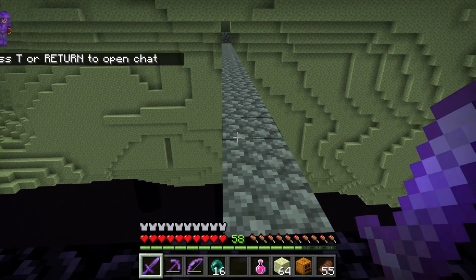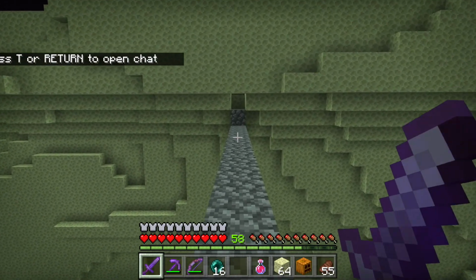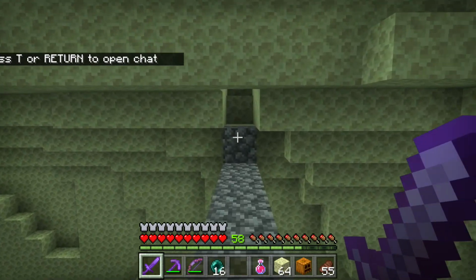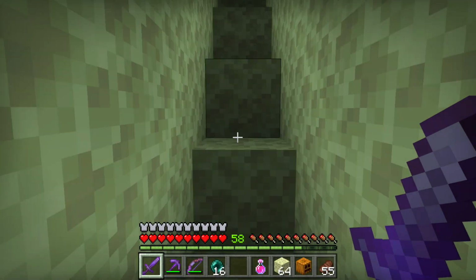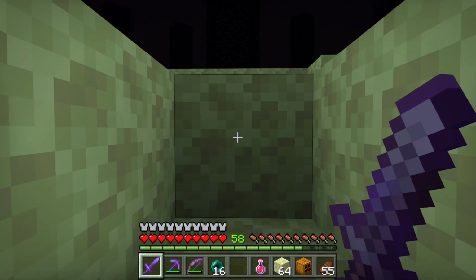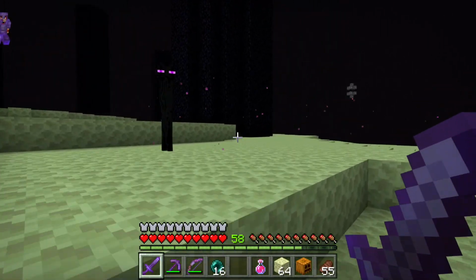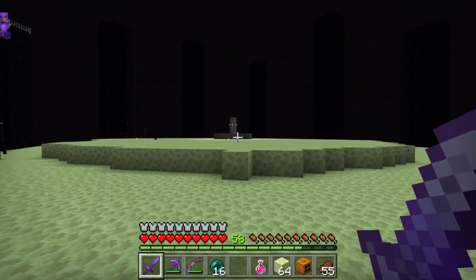And we end up back on our little thing here. Let's try not to fall off the edge. This is the most stressful part of the game, because I can't emphasize enough that falling is absolutely devastating. You will lose everything and you will have to go back and get it going. So the portal back over here...